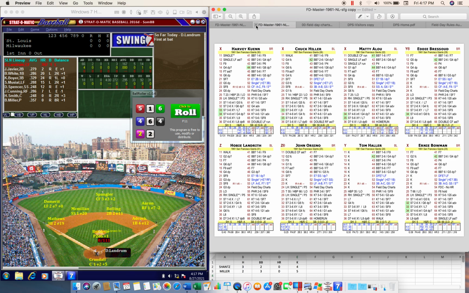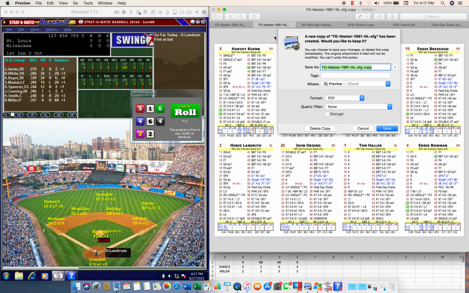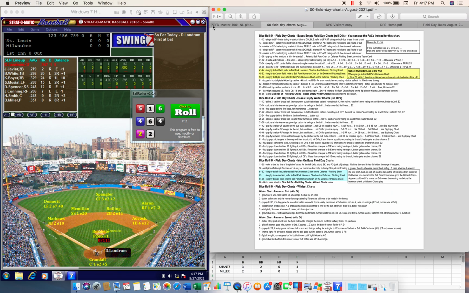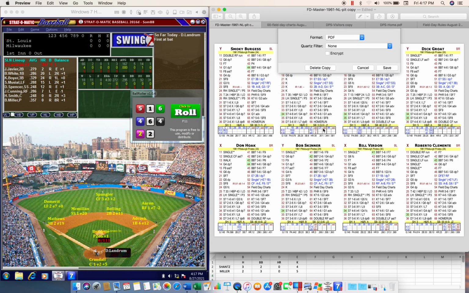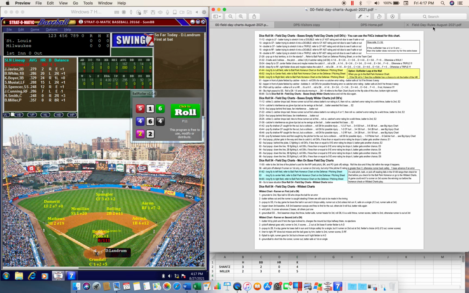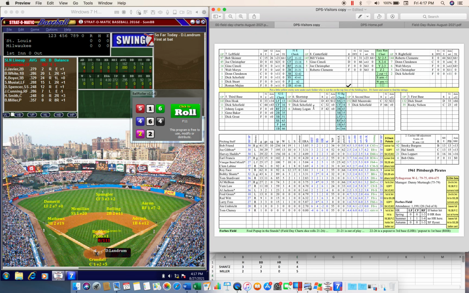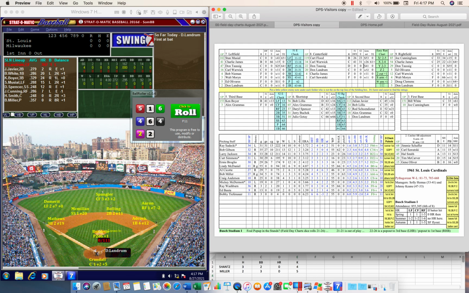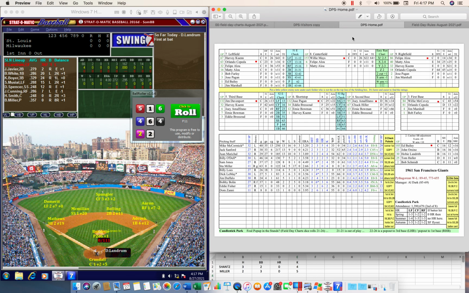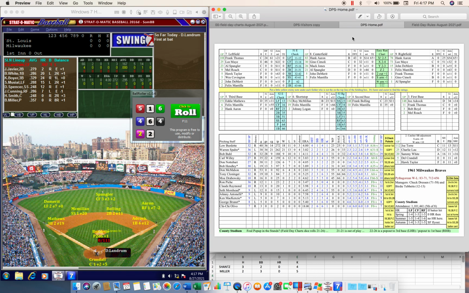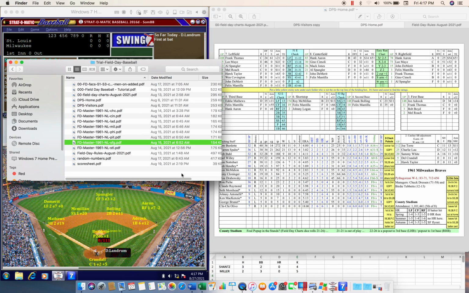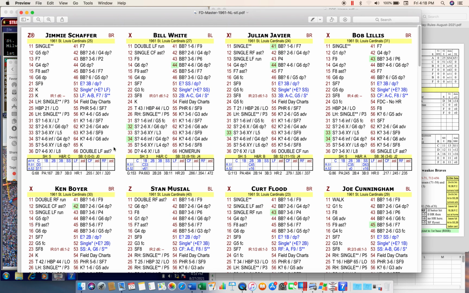So I click off the PDFs of the Giants and Pirates, and that leaves just the visitors and home defensive rating. So I'm going to change these to Cardinals for the visiting team, and then for the home team I'm going to change it to the Milwaukee Braves right there. Now I've got to put in the PDFs for the Cardinals and Braves. So I'm going to pull that up. There's the Cardinals